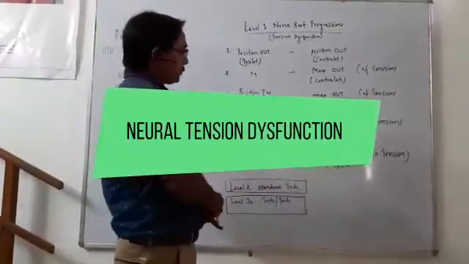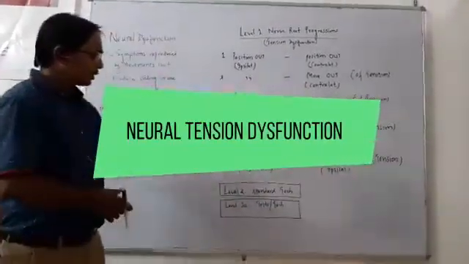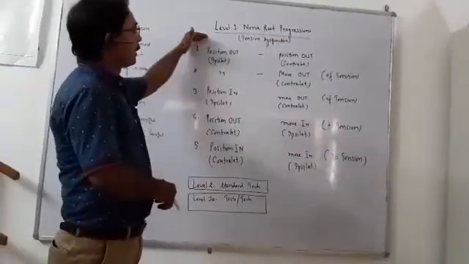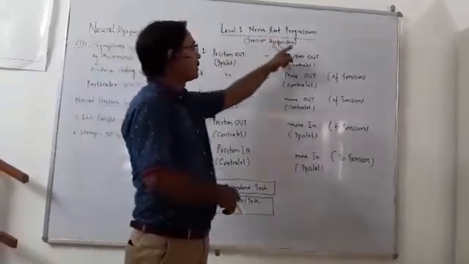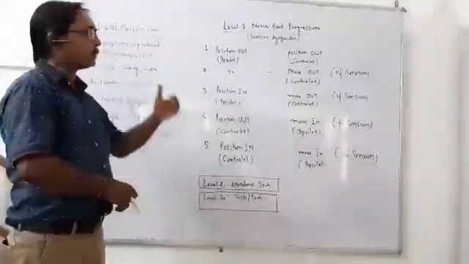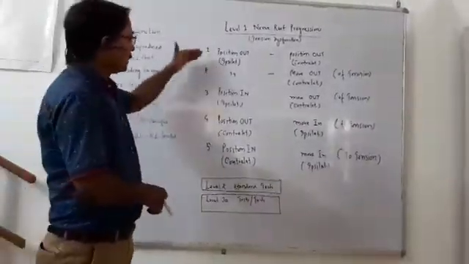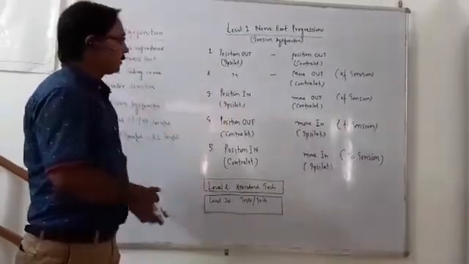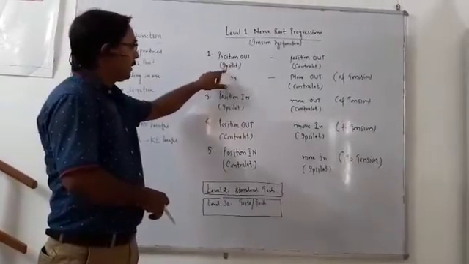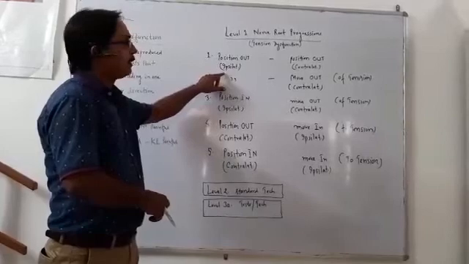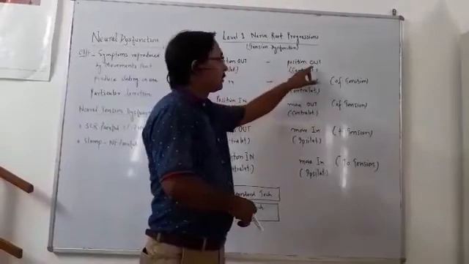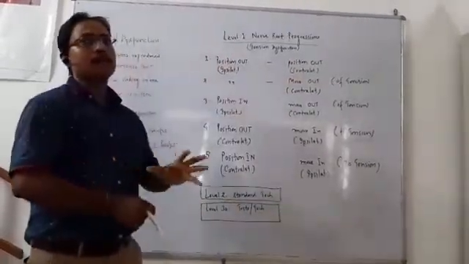So how to manage this case? There are many positions by which you can apply the techniques. At level 1, we use the nerve root progression stages for tension dysfunction. If the patient is feeling tension in the nerve, how do we manage the case? It has been divided into separate stages. In the first stage, the testing leg, the painful leg, known as the ipsilateral leg, is positioned out, and the contralateral limb is also kept in the out position. Out means there is no tension at all.